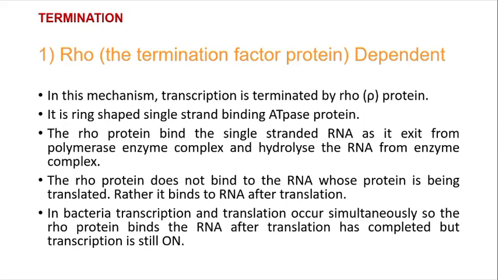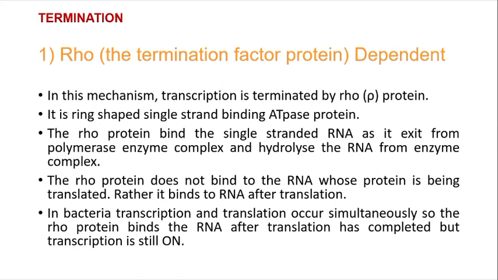Termination. Termination means the process is stopped here. Two types of termination occur in prokaryotic cells: rho dependent termination and rho independent termination. Rho is one of the proteins. It's a termination factor protein, and in this mechanism, transcription is terminated by the rho protein. It is a ring-shaped single strand structure binding with the ATPase protein. The rho protein binds the single-stranded RNA as it exits from the polymerase enzyme complex and hydrolyzes the RNA from the enzyme complex. The rho protein doesn't bind to the RNA whose protein is being translated, because here in the